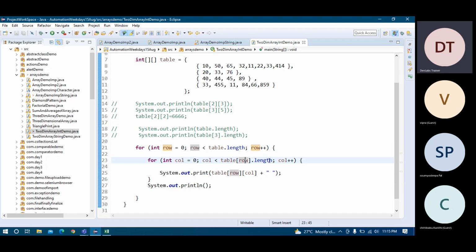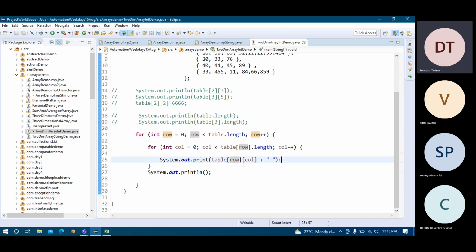So this will be a condition, it will go up to that, and then column plus plus. So one by one it will keep on printing. And at the time of printing, I already told you how to do the printing. Two boxes you create, because one is for row, one is for column, and then you print, it is just printing, that should be okay.